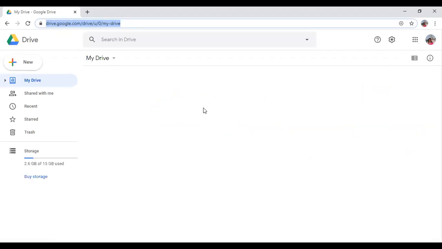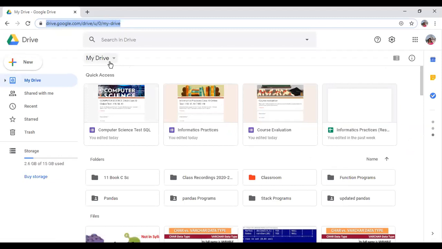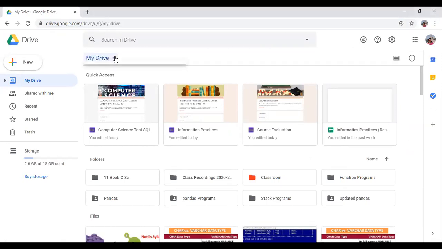So it is going to open. Now my Drive is visible. Here you have to click on My Drive.